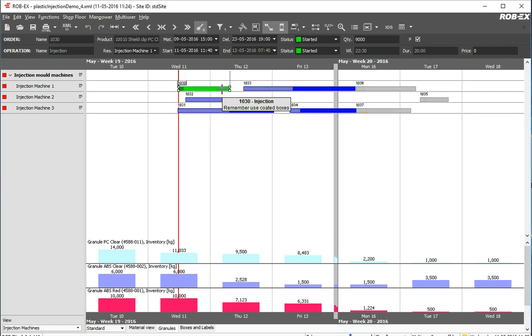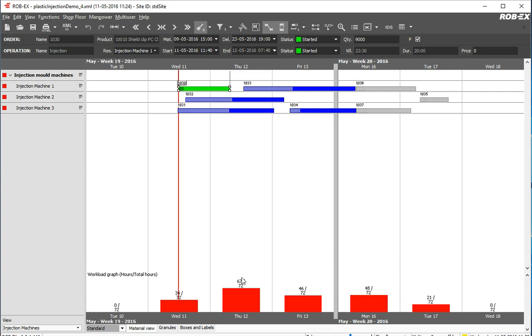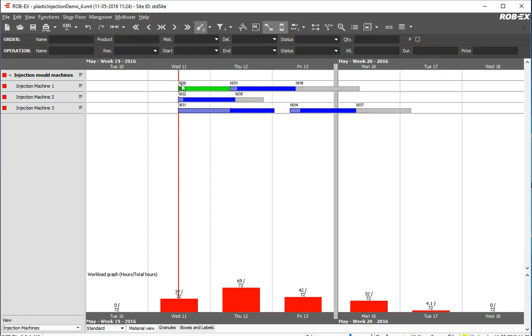So this happens automatically. And finally, if I wanted to, I could now reschedule again on my button here, and it will actually try to reschedule according to my new progress. Of course, still obeying all the rules about that we need this and this setup operator, we need this and